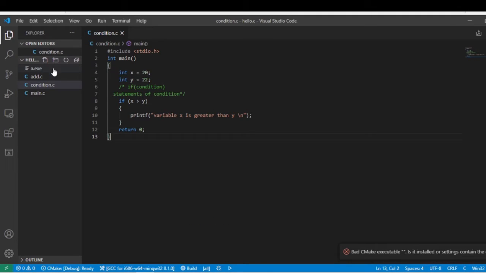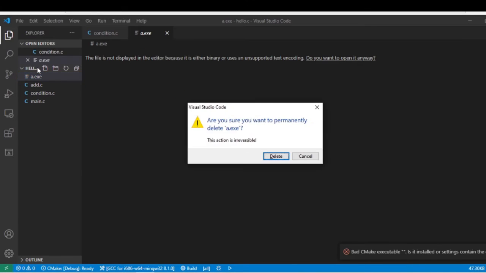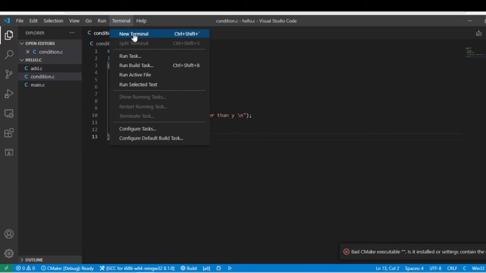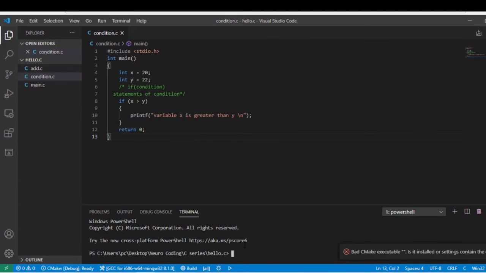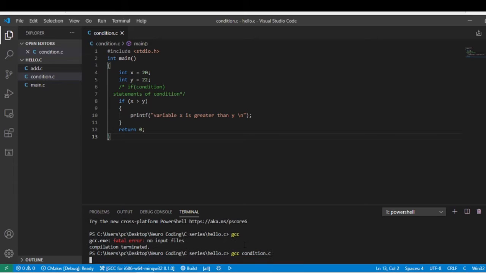If you want to see how to create this file again, I show you: shift delete, this file is deleted. Now go to the terminal, new terminal, type gcc, enter, then type gcc space and your file name .c, enter. See, it creates the file a.exe. After running the compile, the file a.exe is created.